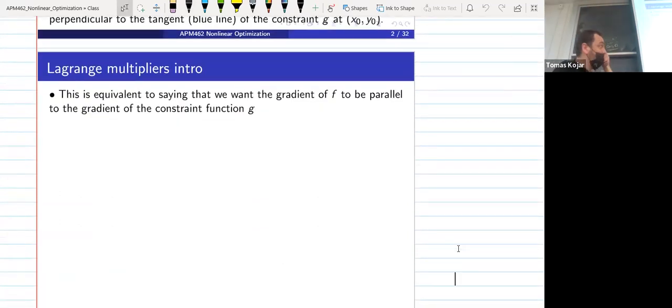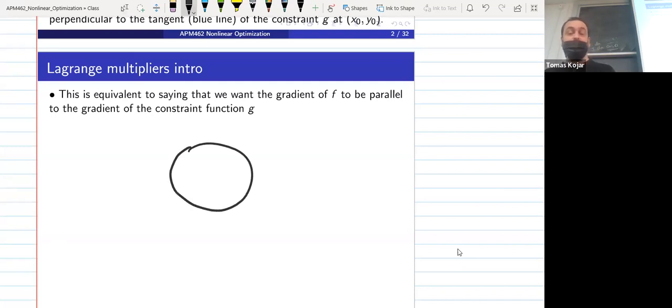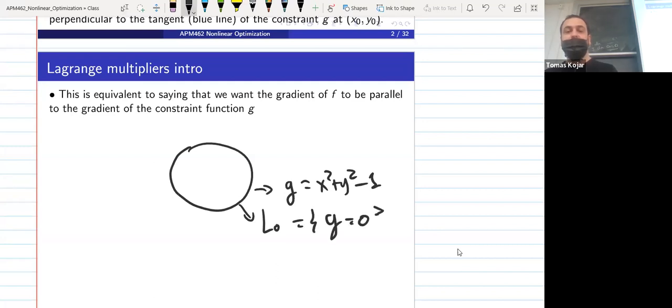Right. But going back again to what she said, when you have a graph, this is the level set of the function. This guy was g(x) = x squared plus y squared minus 1, and this guy is the level set, L0, where g is 0. Indeed, we said that the gradient of g is perpendicular to the tangent, right? It was in your quiz, it was all over the place. So I don't know what to say.